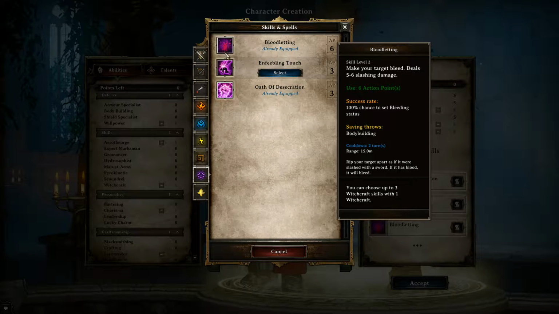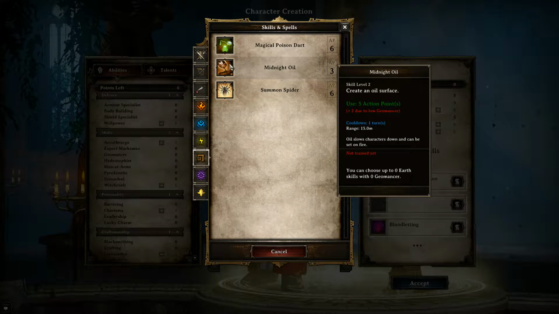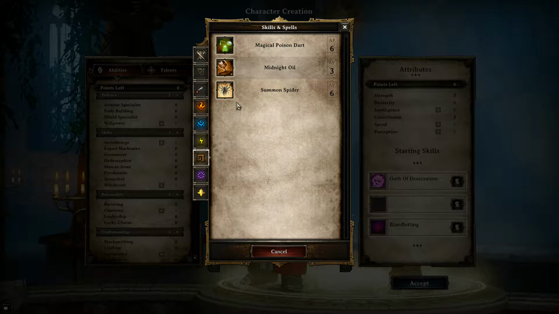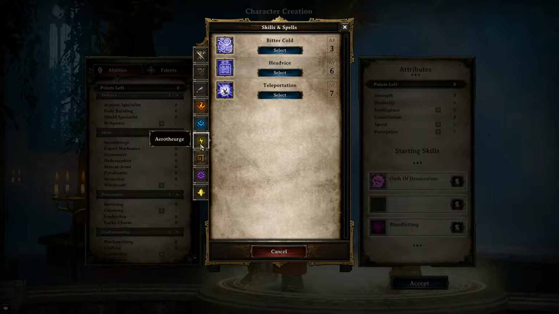Now, Geomancer is, you've got slows, you've got a bit of poison, and you've got a spider which does poison as well. It's really nice, but I'm thinking there's not going to be enough damage in it really over time, and this is more to do with buffs and debuffs, so I think I want a bit of damage. For me, Aerothurge is quite a bit of damage on its own, and I might get 1 point in Hydro